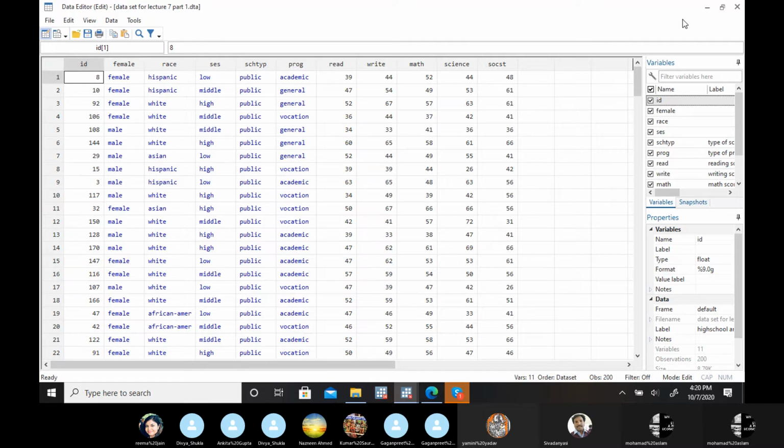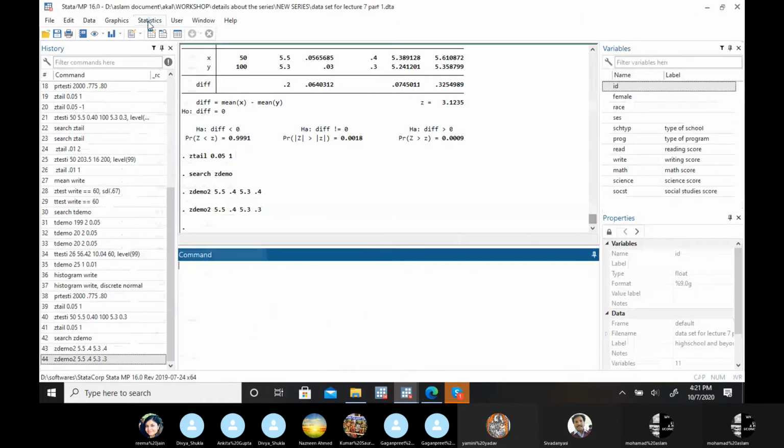You can take any hypothesis. Let's suppose I am taking that they are equal, meaning both male and female are equally intelligent in the math subject, so the average score needs to be equal. Let's suppose I am taking this particular hypothesis. The alternate is that they are not equal. So let's do this particular thing. Now again, statistics.